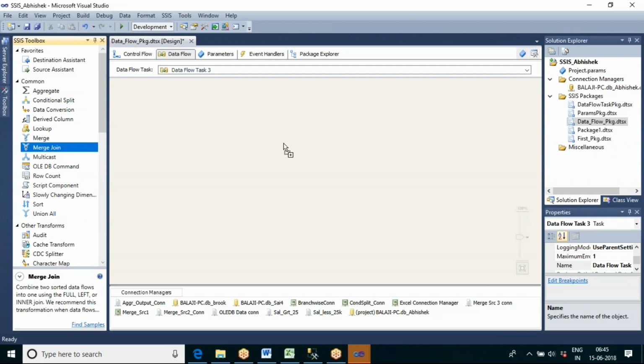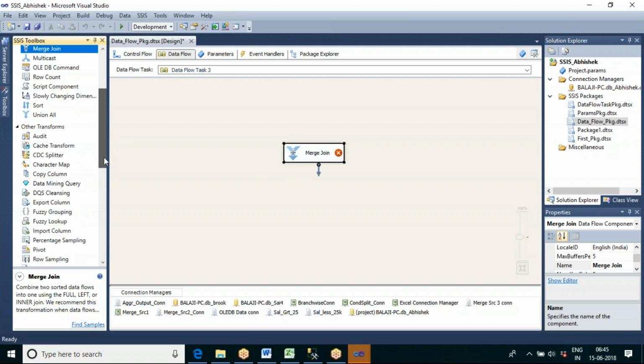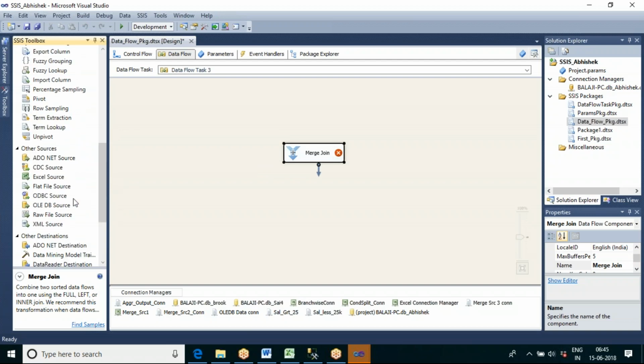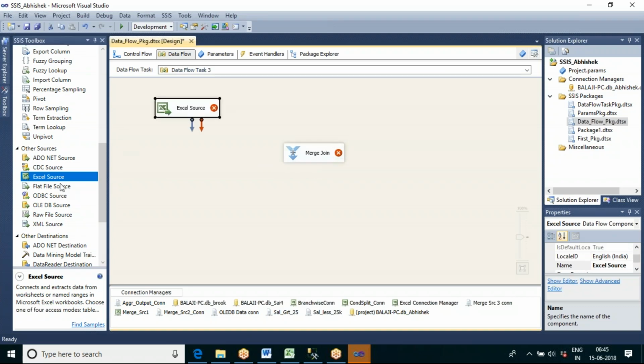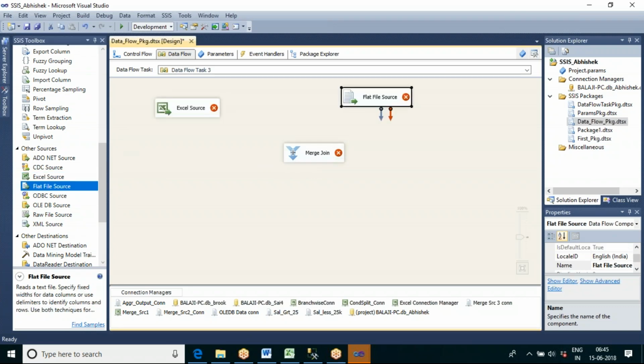In the last class we explained it for the full incremental load purpose. Now let us see the other options present in this merge join. If I want to join two sources, then I can go for this merge join option. Let me take one of the sources as an Excel file source and one as a flat file source.